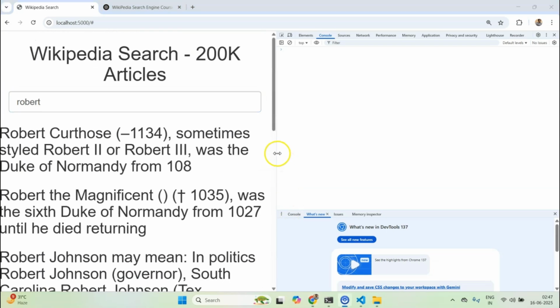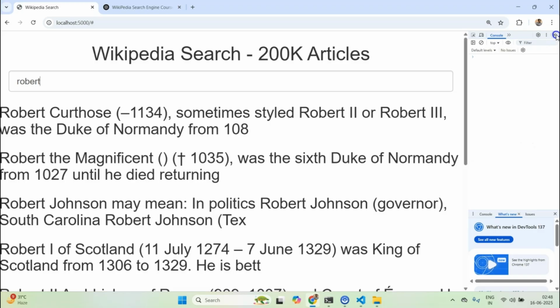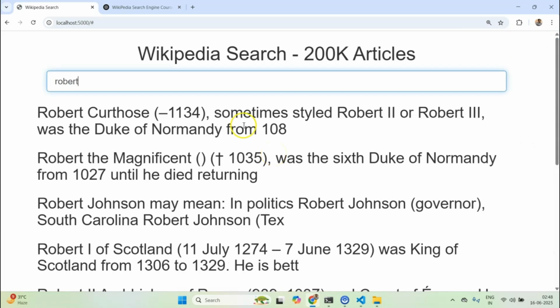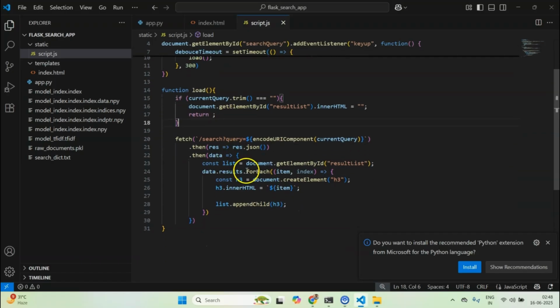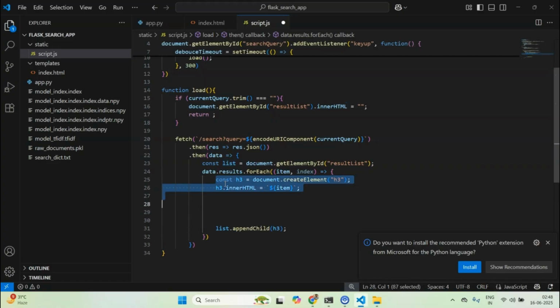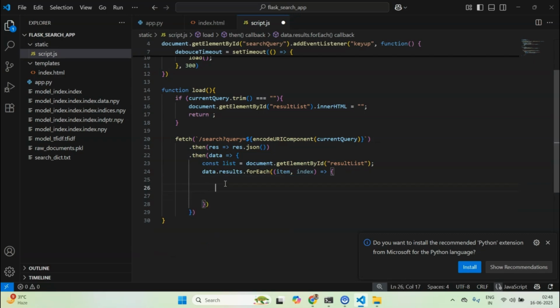So now the only thing that we need to do is we need to clean it somehow. Okay, so we are getting those results. So how are we going to clean it? To clean it, it's just a matter of putting some Bootstrap classes. So let me recreate this entire thing. So what I'll do, let's keep it like this, and let's get rid of these things. Now that we know that the entire logic is working, we can work on the aesthetics.